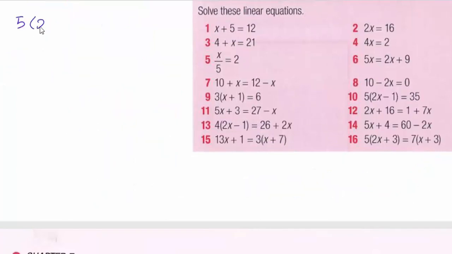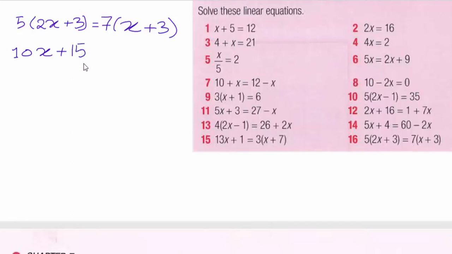5 bracket 2x plus 3 is equal to 7 times x plus 3. Now the first step is to expand. 5 times 2x is 10x, 5 times 3 is 15, equals 7 times x is 7x plus 7 times 3,